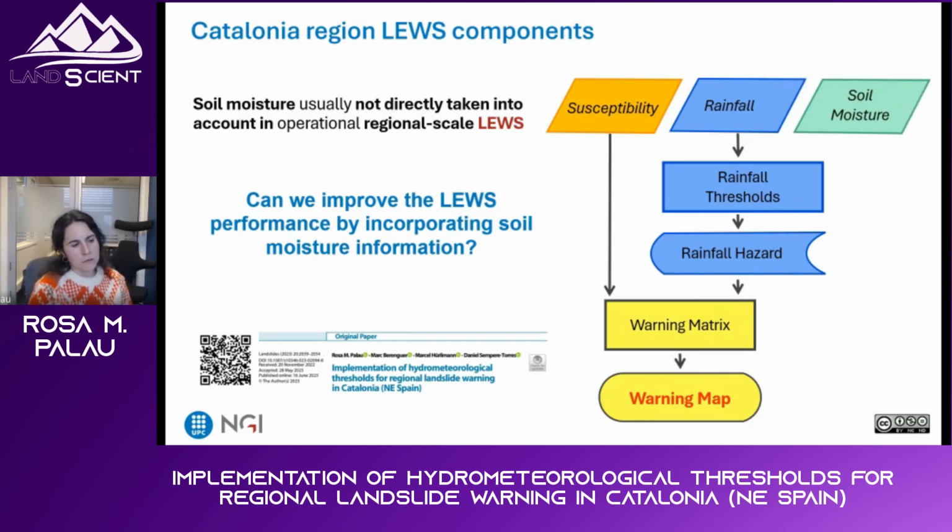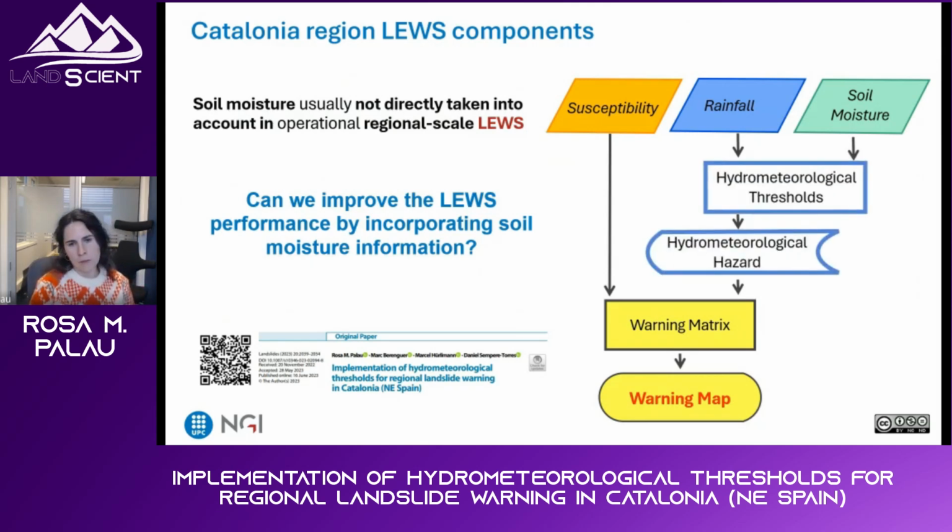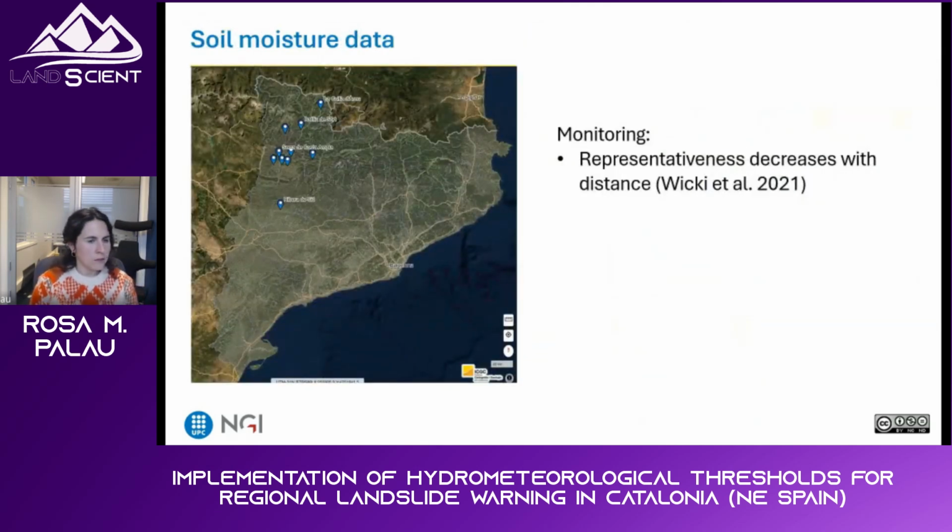So what we did was include soil moisture as an additional input. And then, instead of using rainfall thresholds, as we had been using before, we replaced them by hydrometeorological thresholds that combine rainfall and soil moisture information. Then we obtained the hydrometeorological hazard over the entire Catalonia. And that was combined with susceptibility to obtain a warning map that would be updated every time we got new rainfall and soil moisture information. So when we started